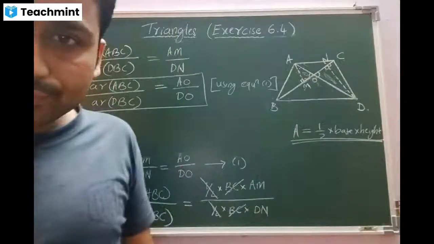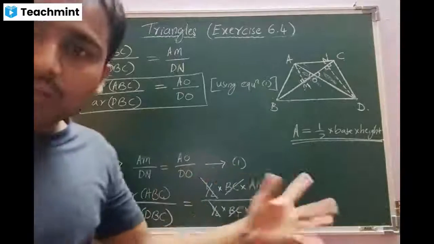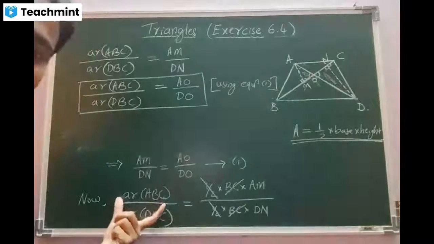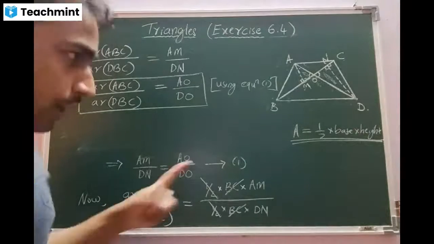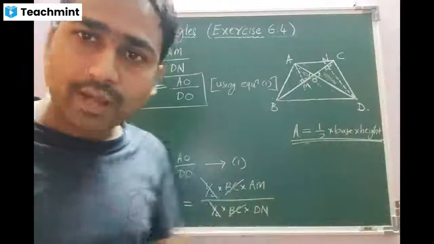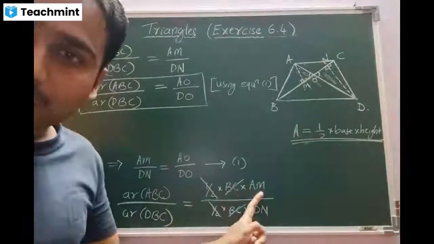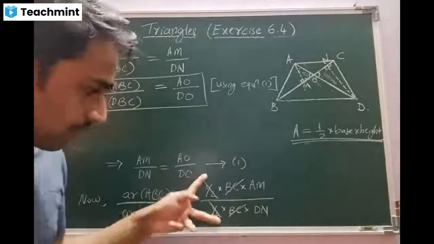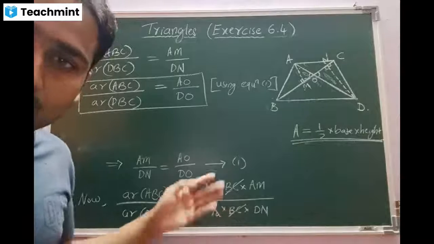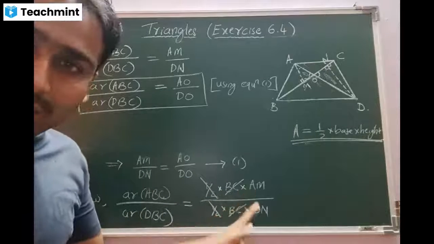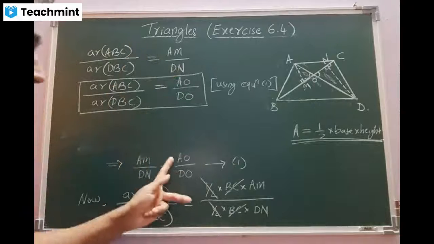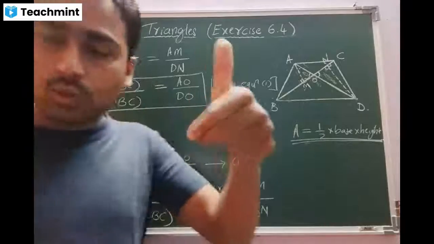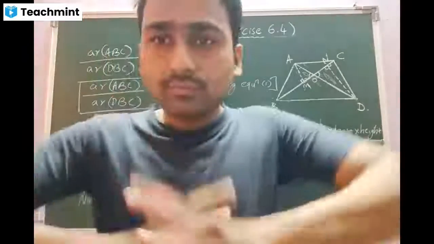Correct, beta? Yes, sir. So we call it equation number 1. Then, as per the question given, I started my work. Area of ABC by area of DBC. These are not similar, so I went for the general formula: half into base into height. Half base is BC, the height is AM. This is the numerator. Half base is BC, the height is DN. This is the denominator. These four terms get cancelled. It remains AM by DN. But this is already proved to be AO by DO according to equation 1. Hence, I arrived at the final answer. Is there any doubt, beta, in this one? No, sir.